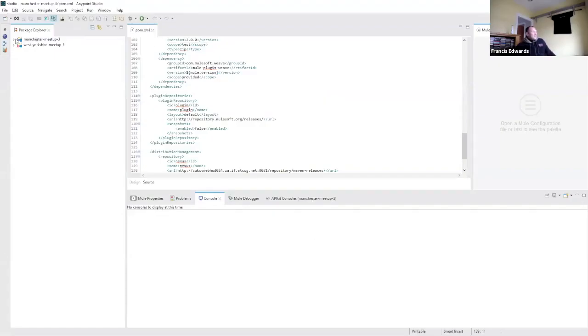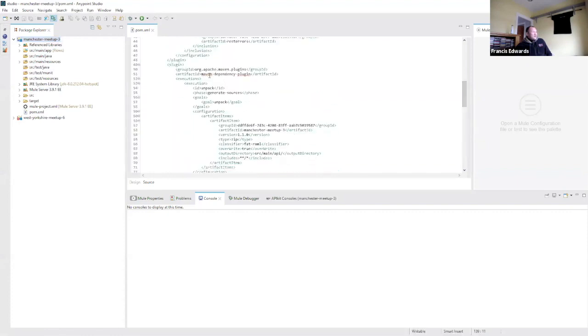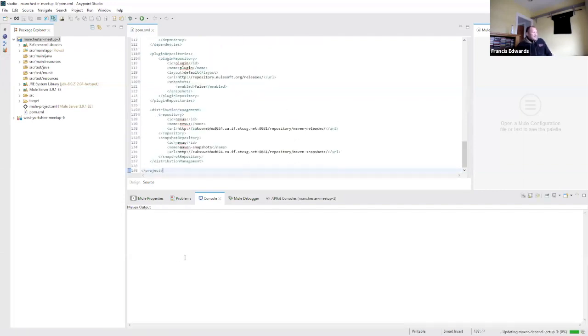Here is a project I've created. I've just put some skeleton information in, and essentially I'm going to build this from the POM file. You'll notice there's no API tree here, but within the POM file, I've used the Maven dependency plugin. I asked it to unpack, which means go and get a zip file and unpack it, and go to this location. It takes information from what we saw: the name of the artifact, the fact that it's version 1.10, the fact that I want a fat RAML, so I want the entire contents, and my organization ID. So if I save this POM file, it's going to kick off a Maven job,